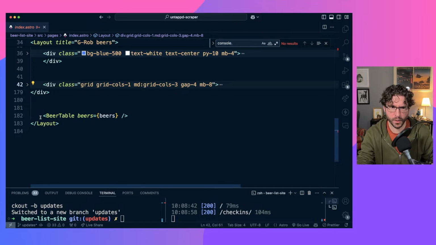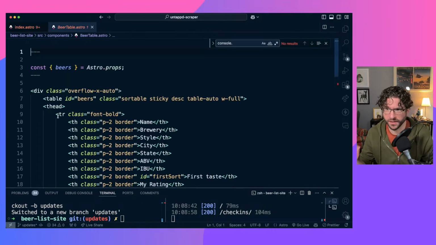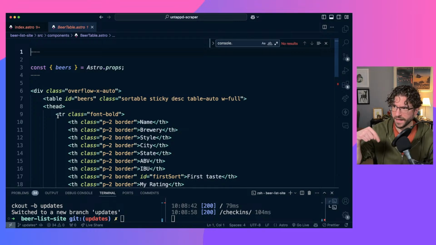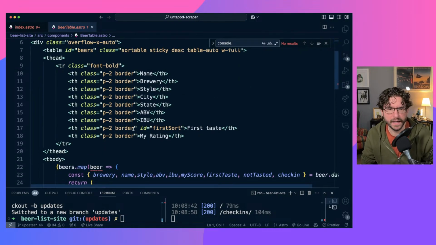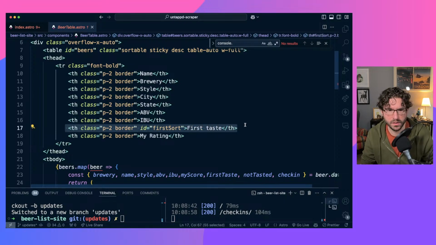So the first work that we're going to do is on the beer table, which is the start of cleanup. I decided to make a component, and then I decided I didn't need that because it wasn't exactly the same on every page, but maybe it should be the same on every page. We'll see. All right, so what we need is a new table column in all of this, but we need